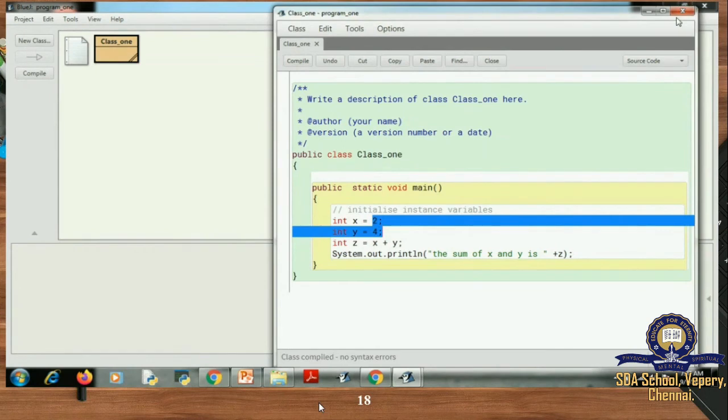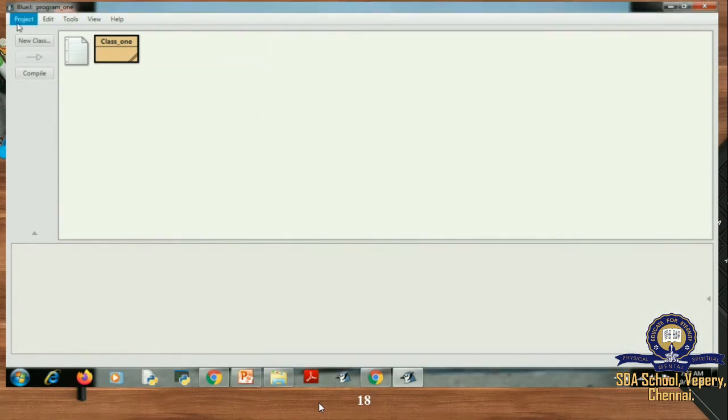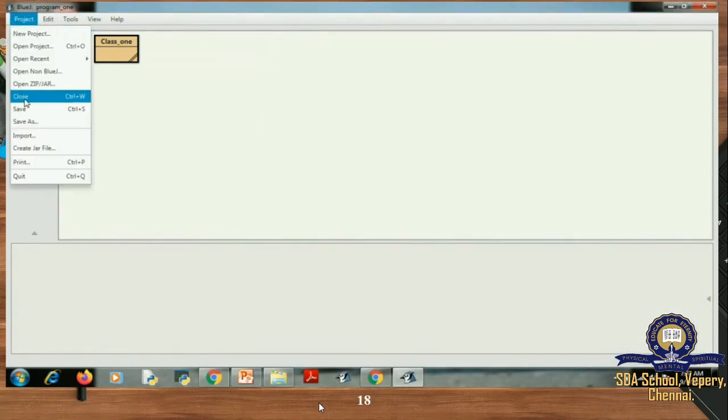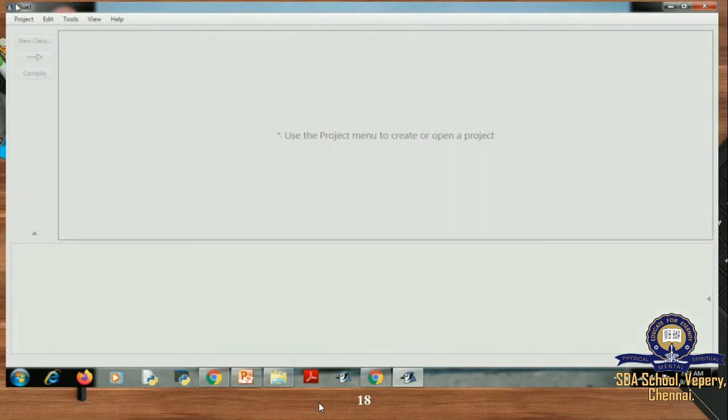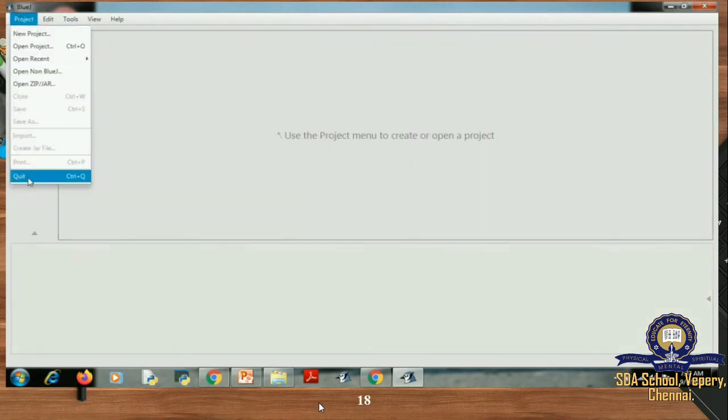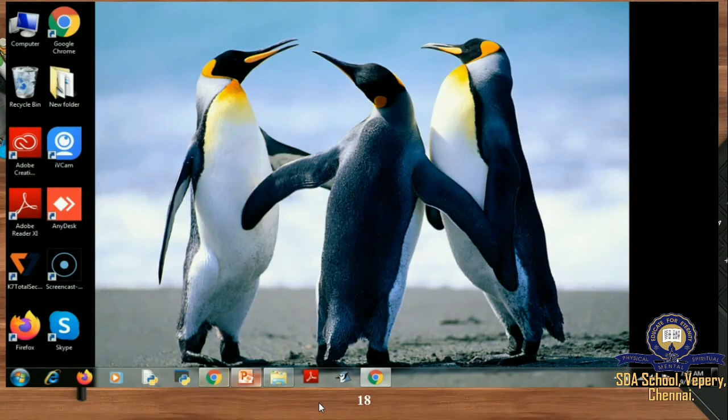Now I have completed and am closing all the tabs. Here you first have to close the project, then you have to quit the BlueJ text editor. You all understood, children, how to do a sample program? Okay. Now we'll go to